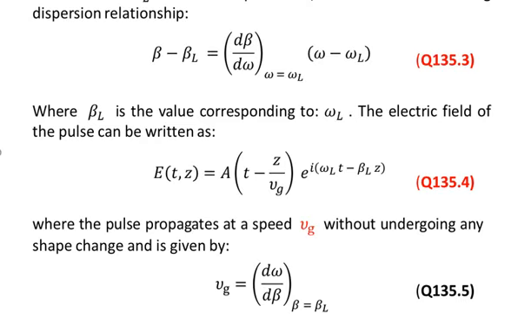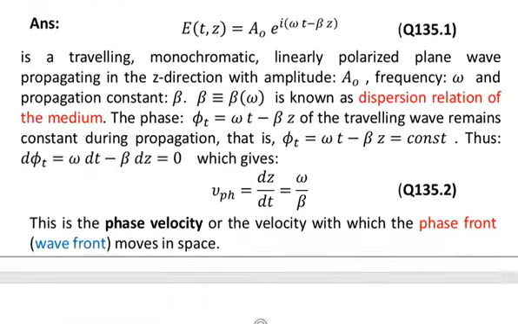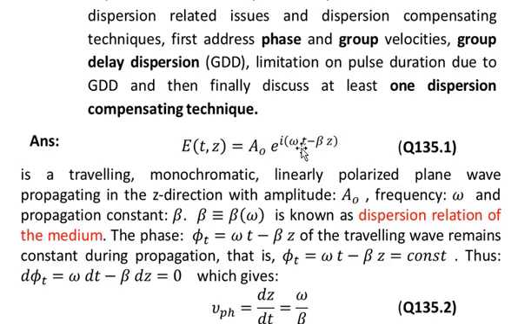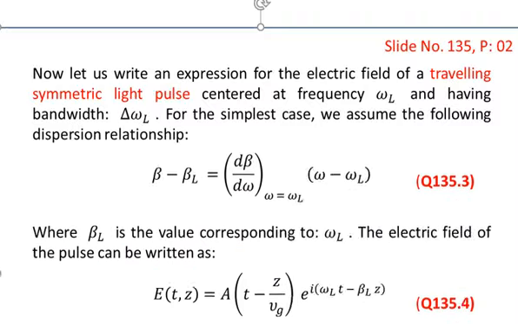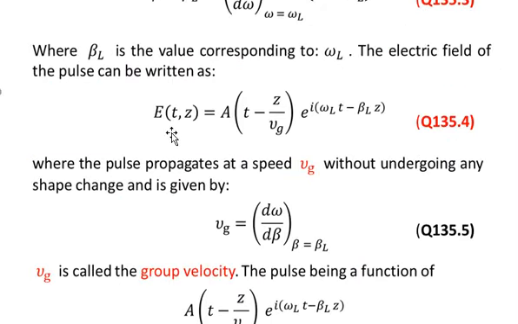So you see that in principle this is the same relation that we have written for a traveling wave, given by equation number 1, except that we have written A naught, the amplitude, explicitly in a different form, and we have replaced omega by omega L and beta by beta L in order to represent the central frequency of the pulse. So for the central frequency of the pulse, we can write this relationship. If you write omega instead of omega L and beta instead of beta L, it means that this would be the electric field corresponding to any frequency omega on that pulse,